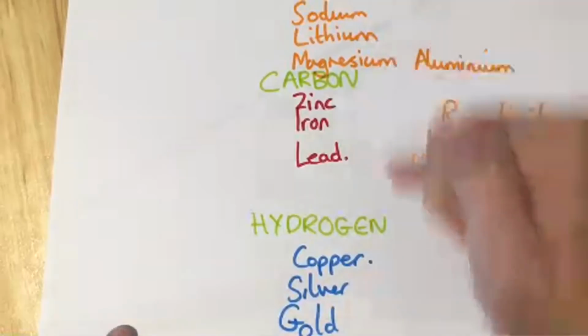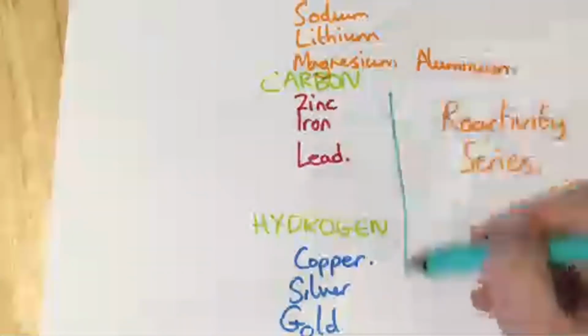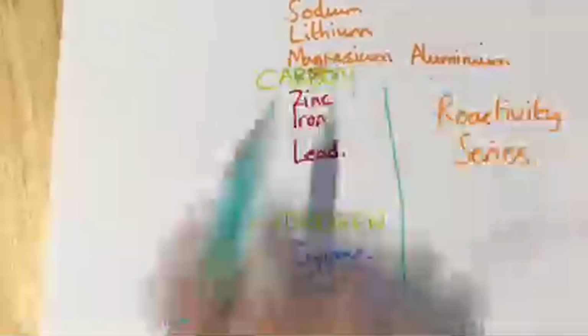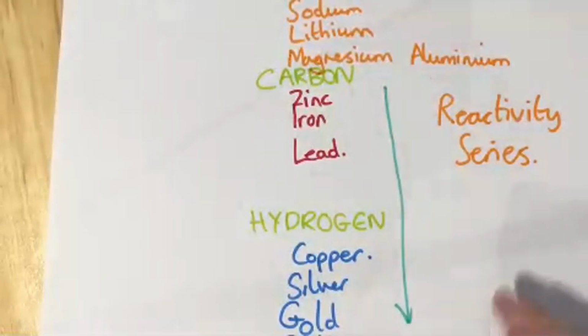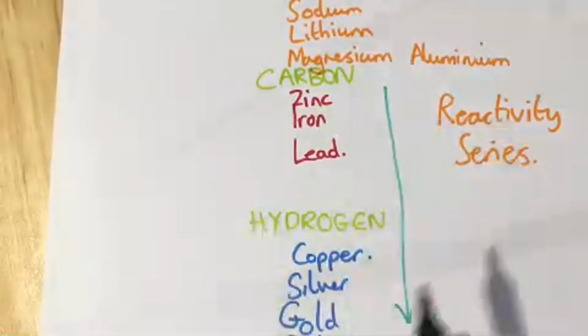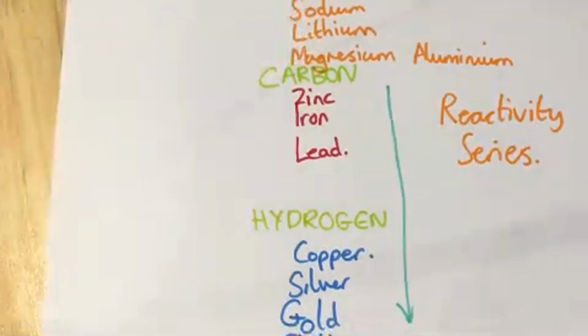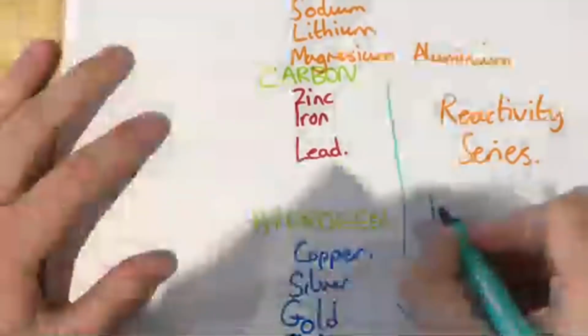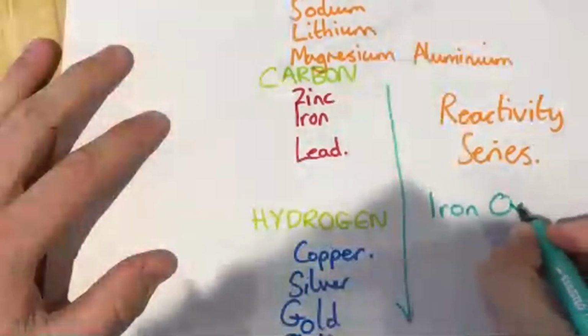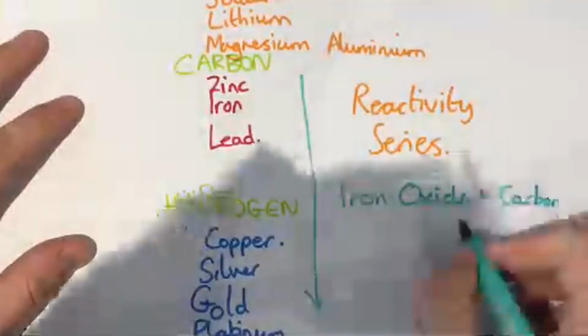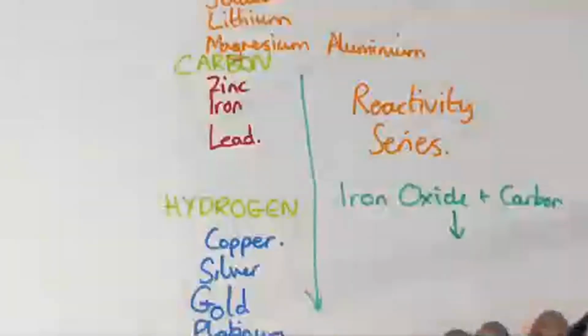Everything below carbon, carbon is more reactive than it. So if I do a reaction of that metal compound with carbon, the carbon wins out. So for instance, if I take iron oxide plus carbon,